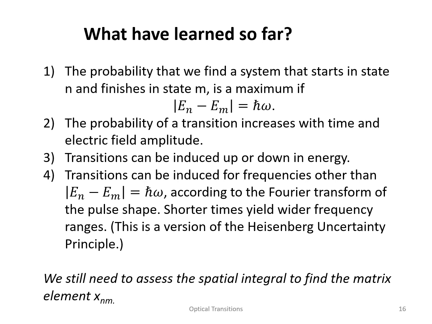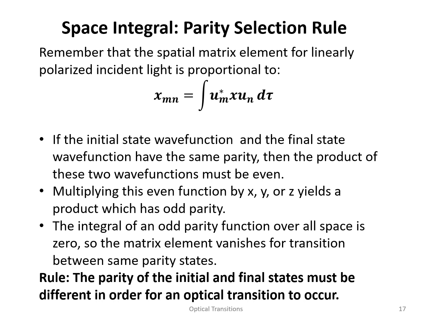We actually still need to assess the spatial integral, and that's the part that we talked about earlier on in this lecture. So what are some of the ideas that come out of the space integral? Remember that we had a product of x, mn, and the time portion. So now we'll focus on the space part. The spatial matrix element for linearly polarized incident light, where the incident light is along the x direction, is the integral over space of the